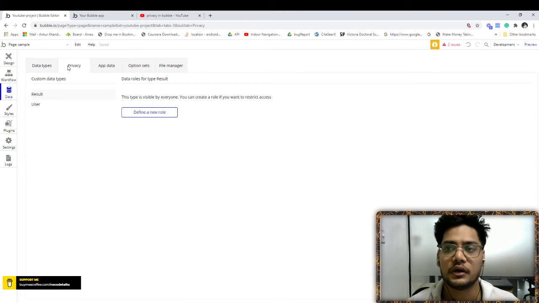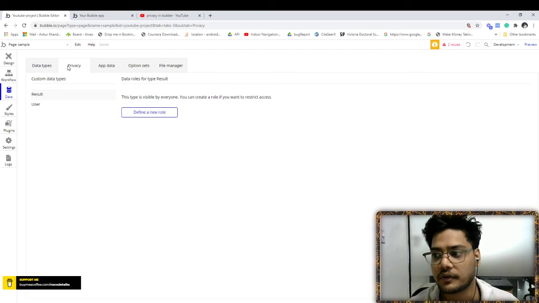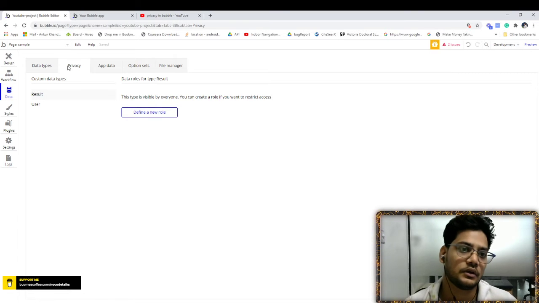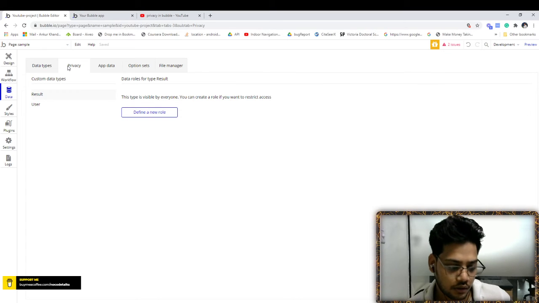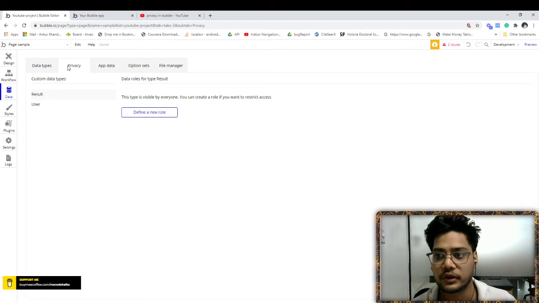For example, you are giving a type to each of the users who is logged in. So you can set up privacy rules so that each user sees particular information. A rider who is booking a cab doesn't need to know who all the riders are on the platform.